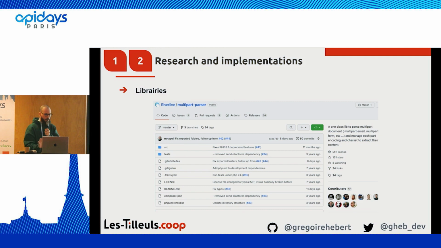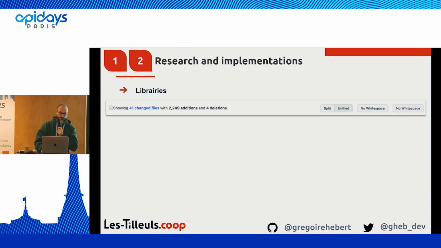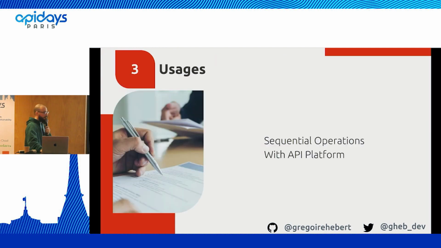But this is a talk for API Platform, and at API Platform we try not to include so many dependencies, so I won't use this. It does too much for what I want. So I need to start from scratch. This is what I've done so far: 41 files changed and 2000-some changes for my batch operations with